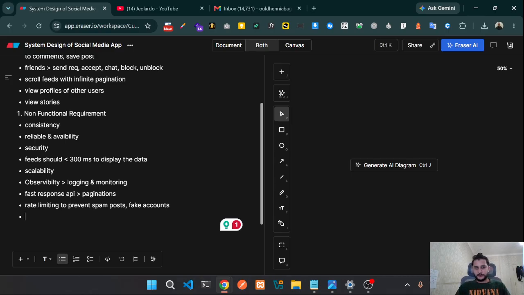For example, the user can post one or many posts, and also send a request to one or many friends. Also, I want to see the posts related to a specific user,